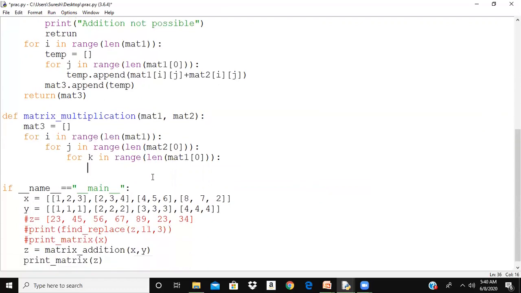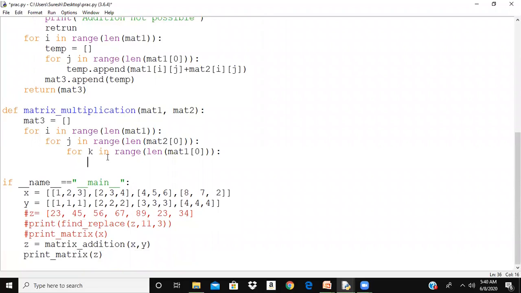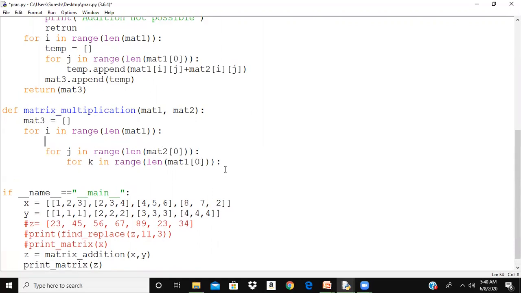Okay. What I should do is multiply and append it somewhere. Which elements will be multiplied and where do I have to append it? I need to create a temp. Let me create a temp here. Temp is equal to an empty list. I want the whole row to be appended to temp, then that row should be appended to the matrix.